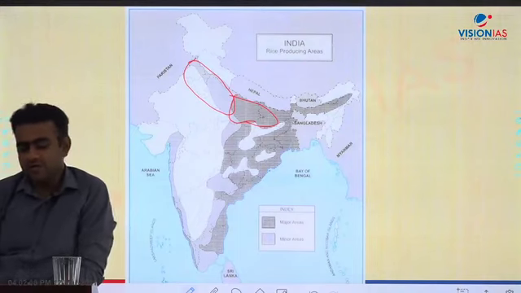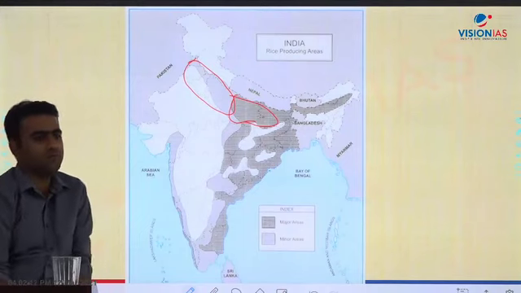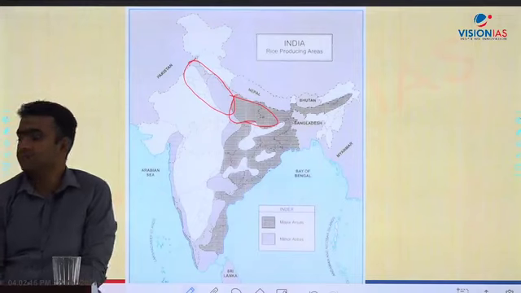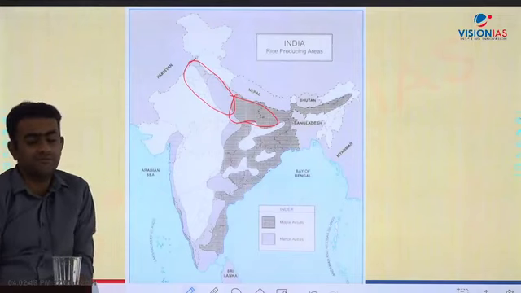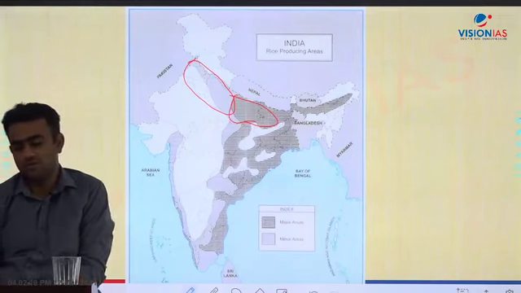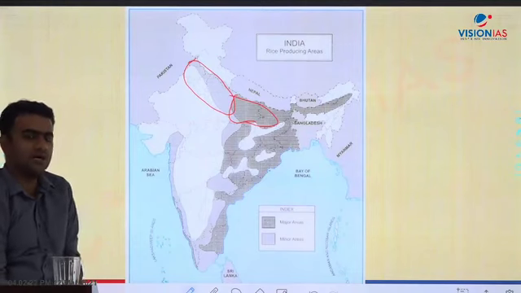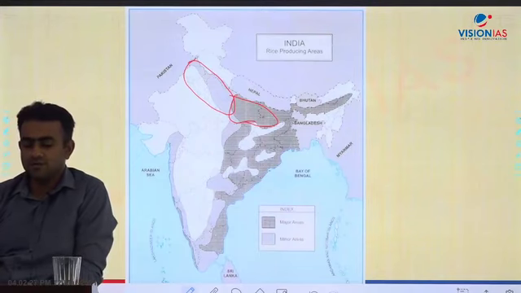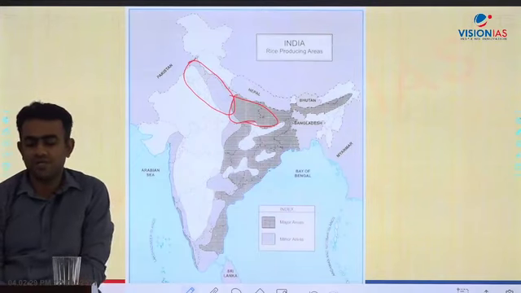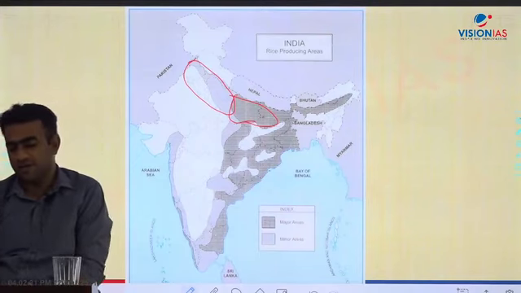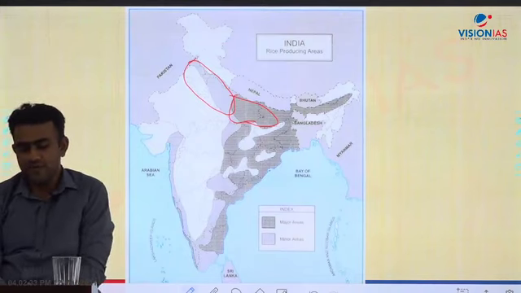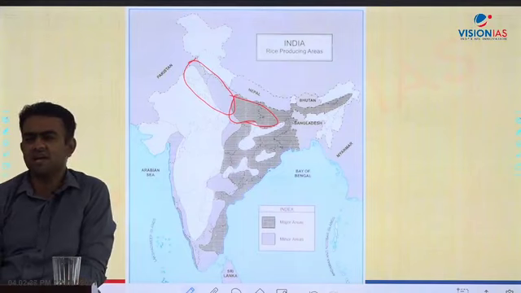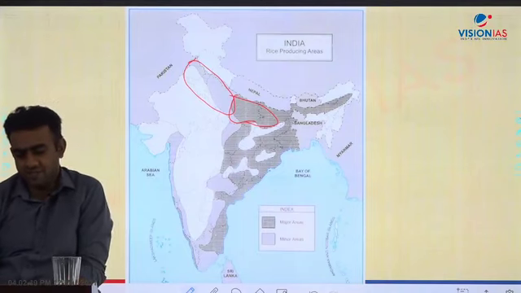The presence of alluvial soil is very much suitable for both rice and wheat, and there is a very good profit in rice and wheat because of MSP policy also, right? And seasons भी अच्छे से match हो गया. Because of all these reasons they are able to develop this rice wheat combination in the Indo-Gangetic plain to a great extent. But however, over the period of time this has resulted in many negatives, many side effects of this